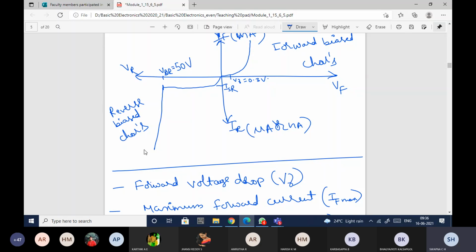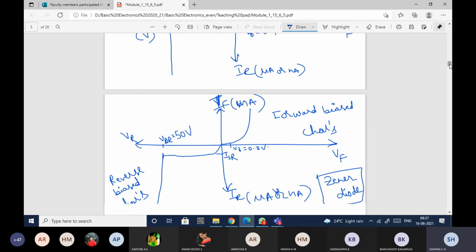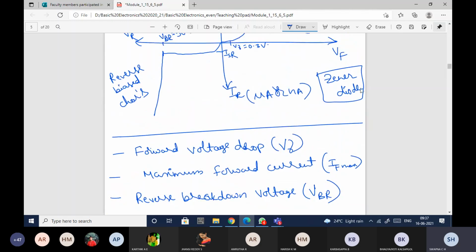There is one special type of diode manufactured which is the Zener diode. We have that also in our syllabus. Right now, let me just introduce the term. This is a normal PN junction diode, and the next one is the Zener diode, which is mainly manufactured to work in this region. There is some advantage to make the diode work in this region. What are the different types of breakdowns that will happen? We'll see that there.